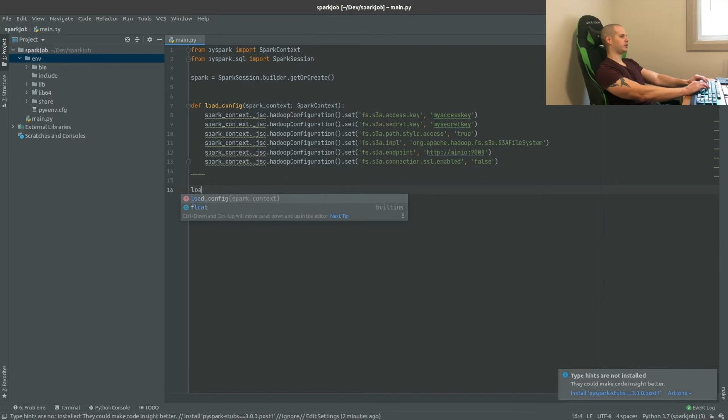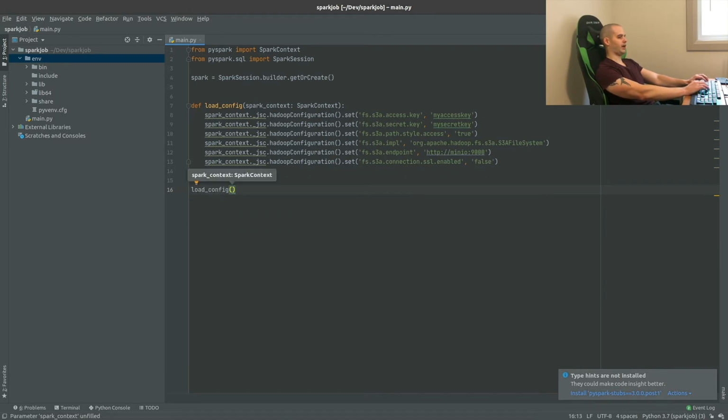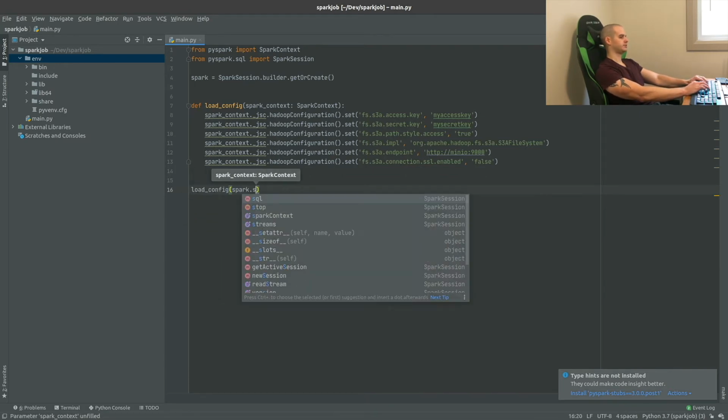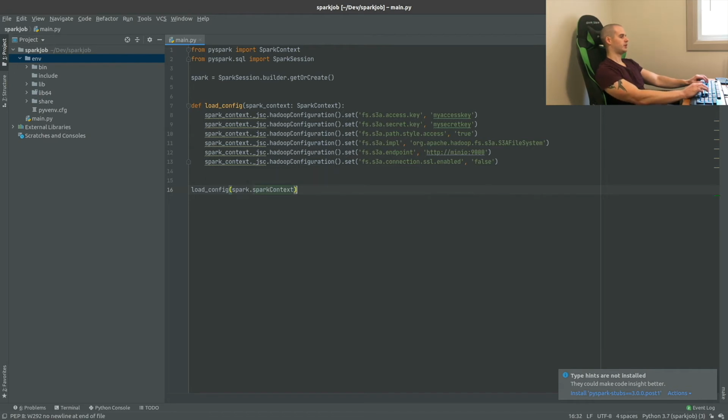So down here I'm going to call this function now, loadConfig, and I'm going to pass in our Spark context. All right, so that's going to set up the config. So now I'm going to read that S3 bucket. The way I'm going to do that, I'm going to put that in a variable called dataframe, and I'm going to set that to